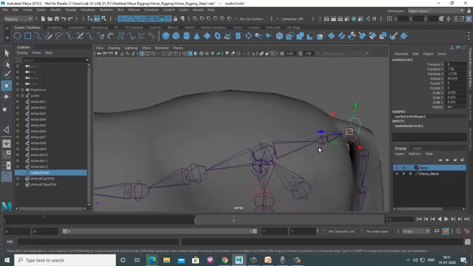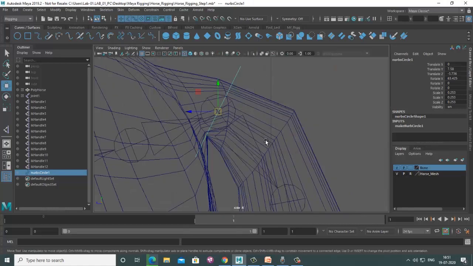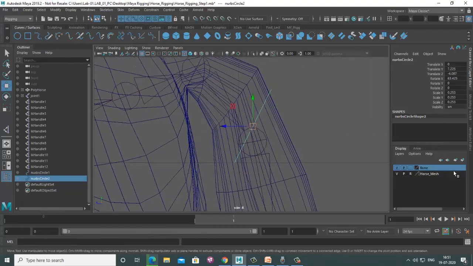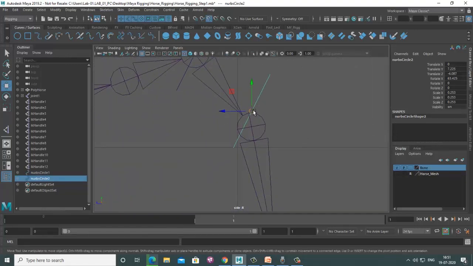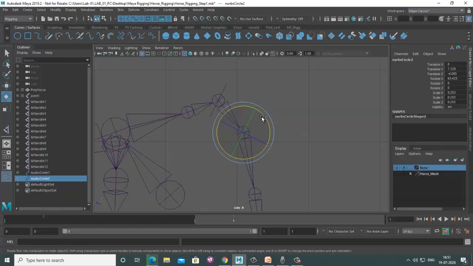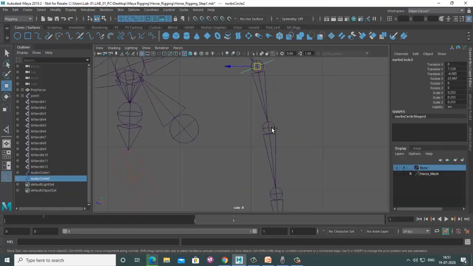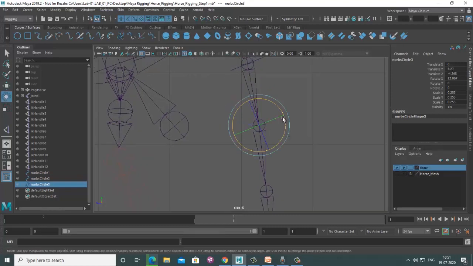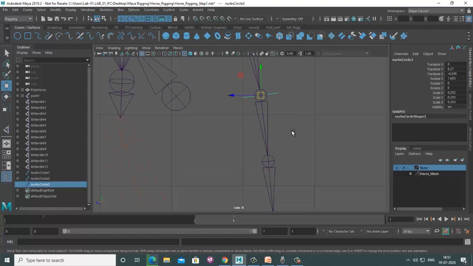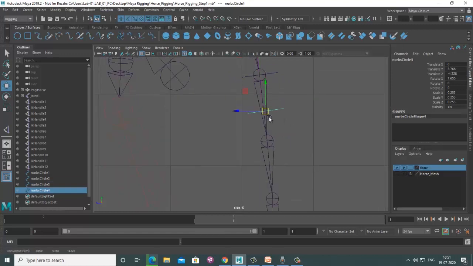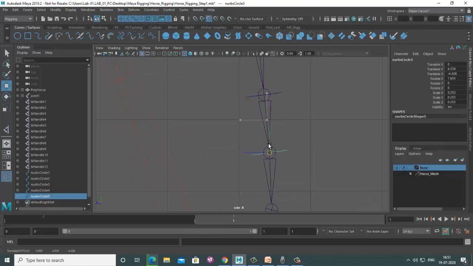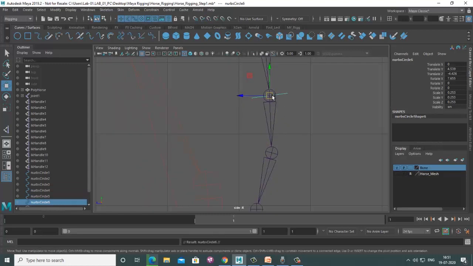So let's see, move to this one also. I just press Control D to duplicate. Then move, and I think this is V, and rotate again. So I think this is cool. Again same thing, same procedure for this part also. Then again Control D, and again for the V. You can use the same thing for the V. So this is cool.